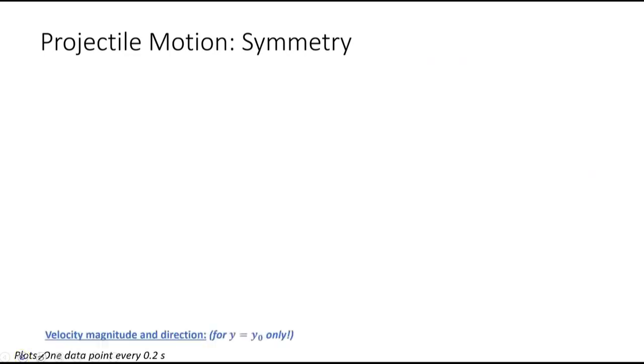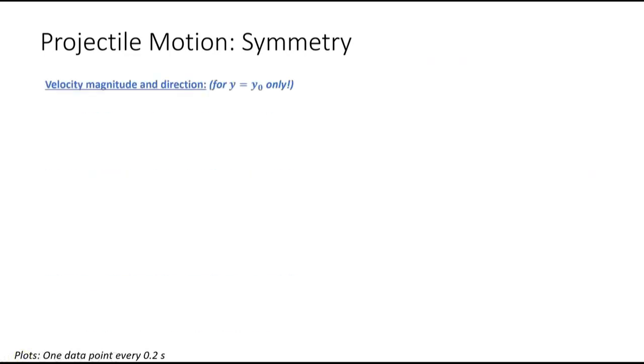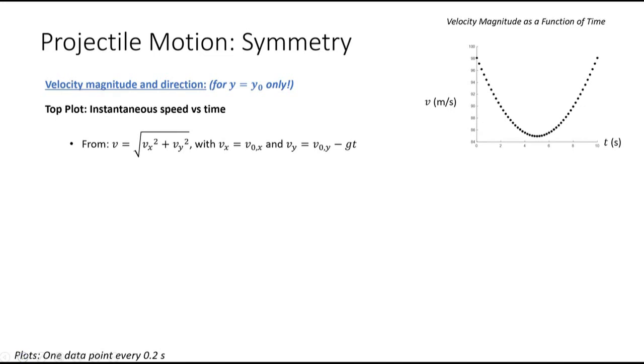Okay, so the next thing we want to think about here is the velocity, the magnitude and the direction of the velocity. And again, this analysis is just when the landing height is equal to the launch height. So we'll start with the magnitude of the velocity, or in other words, the instantaneous speed as a function of